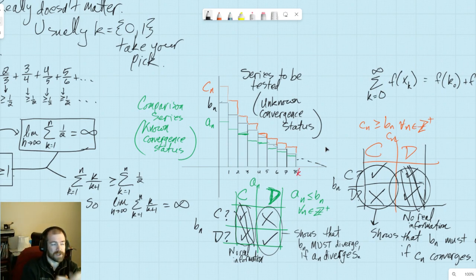All right, and then likewise on A sub n, if A sub n is down here and B sub n is higher, if A sub n is convergent, it's holding down, but there's nothing to hold down except itself. If A sub n is divergent, then it is going to take B sub n and force it out to become divergent as well. I don't know if that helps any, but some people like it.